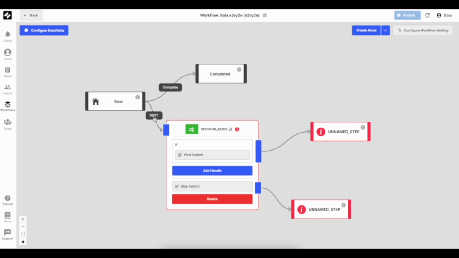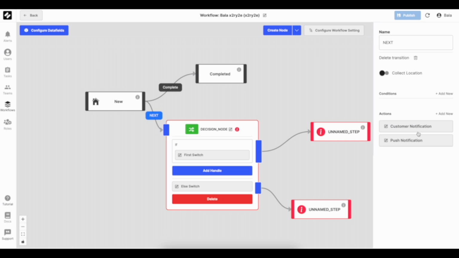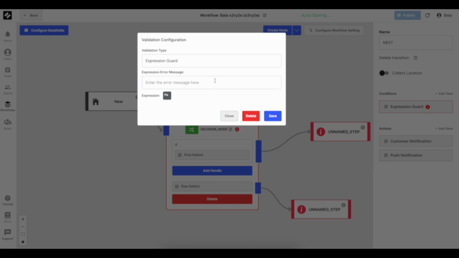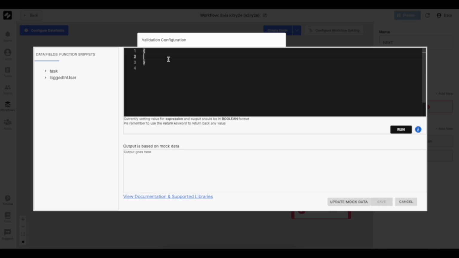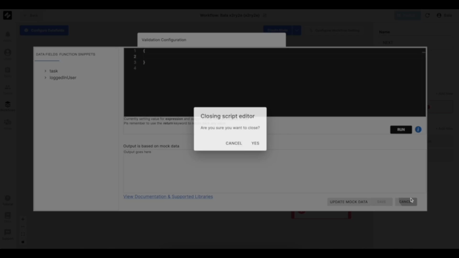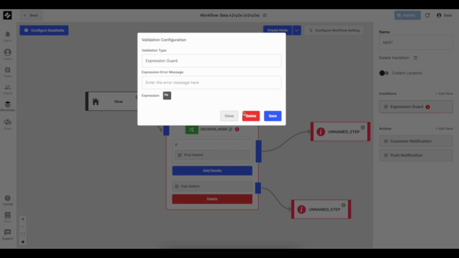To get started, simply click on a particular transition. We have something called conditions. There are two types of conditions that Zob supports today. The first one is an expression. Open this, and provide any expression that we want to provide, and this can be provided in the form of a JavaScript expression. And click save, and only when the condition is actually successful, the user is allowed to proceed